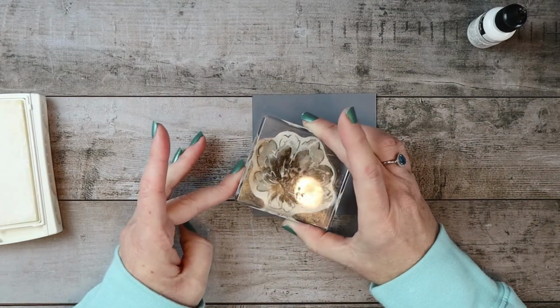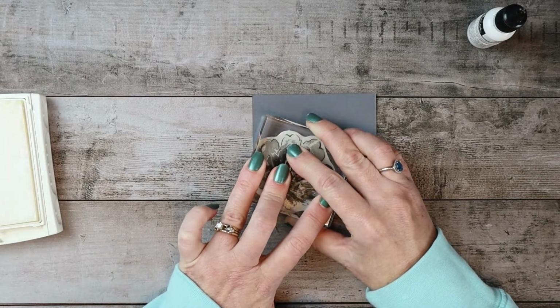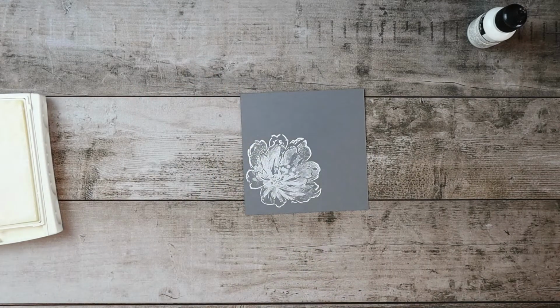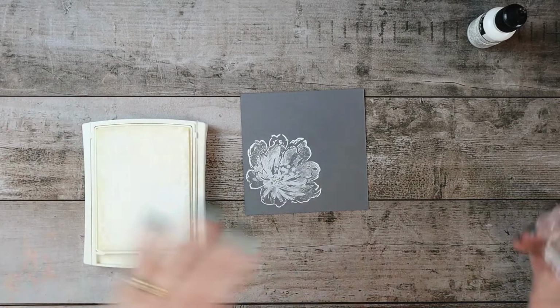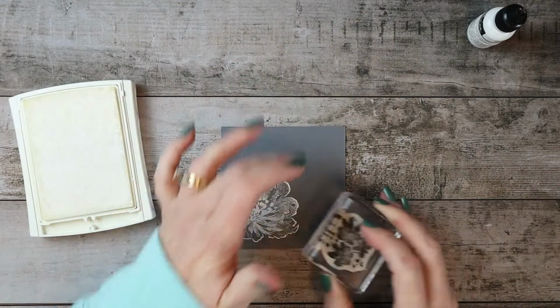And then I'm going to put it on the bottom left. Give it a little bit of pressure and see if we come up with a really nice stamp. Oh yes, absolutely, that looks wonderful. And then we will take our little stamp from that, slide it over just a bit, and I'm going to stamp two of these, one in the bottom right hand corner,